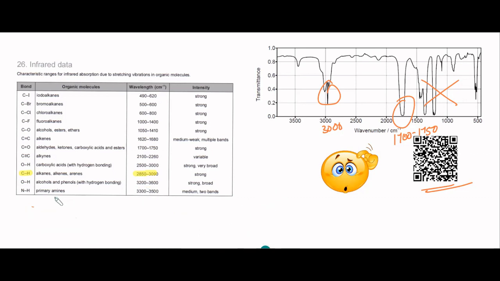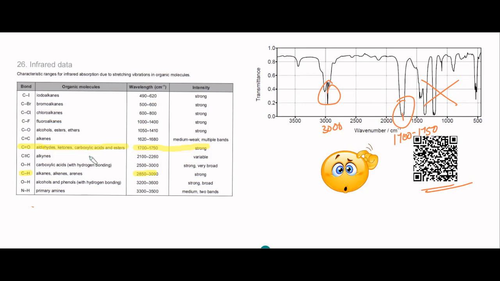So we have got a conclusion. We have been able to identify that the peak around 3000 corresponds to the CH bond in the molecule. But that is not what is being asked for. We are asked to find out the functional group. Now, we have another peak around 1700 to 1750. That corresponds to C=O. Here it is written as aldehyde, ketones, carboxylic acids, etc. That will give one strong peak around 1700 to 1750. Please keep in mind: aldehyde, ketone, carboxylic acids, esters.